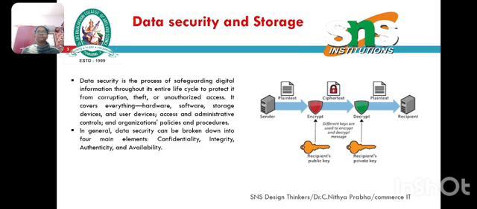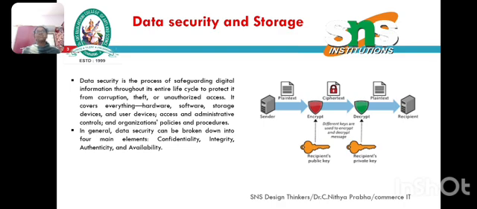And then data security and storage. Here is how data is secured. Data security and storage involves safeguarding digital information throughout its life cycle, from creation to deletion, by implementing various technical and organizational methods to protect against unauthorized access, corruption, or loss. This includes securing the physical hardware, logical software, and infrastructure where data is stored and accessed, as well as establishing policies and procedures for data handling and access control.